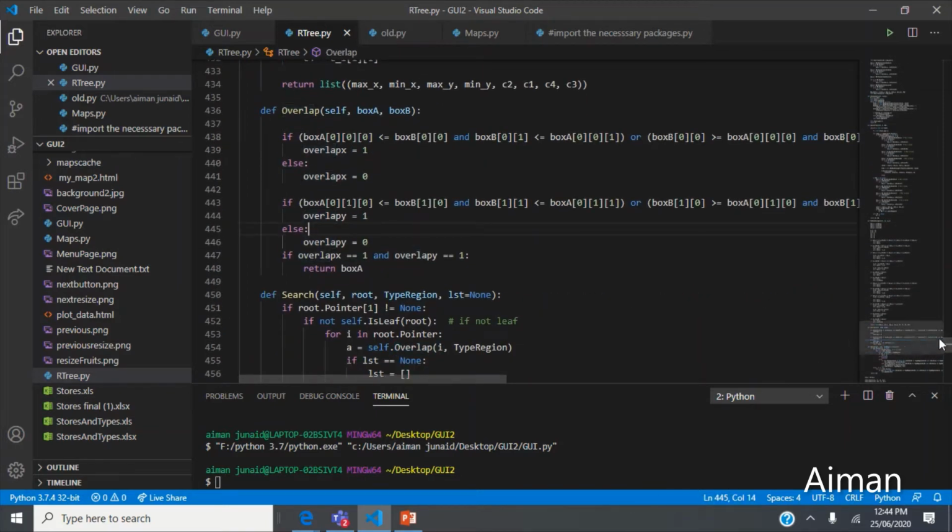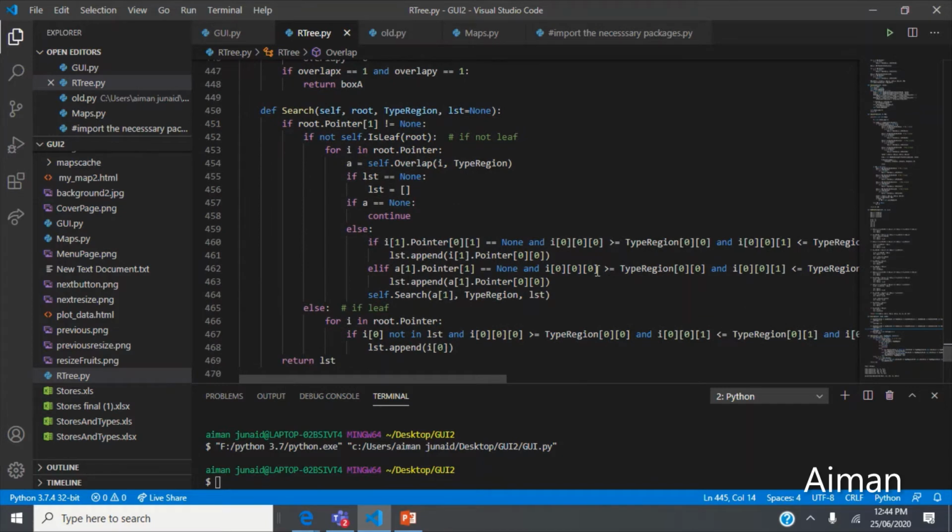and this takes two parameters. The first is the entry of the non-leaf node and the second is the region. For each such entry, we recursively call our search function to find the smallest MBR that intersects with my region. Now for the else condition, if the root node is directly a leaf node, we again examine each entry to find those MBRs that intersect with the region, and then we append all those entries to our list.